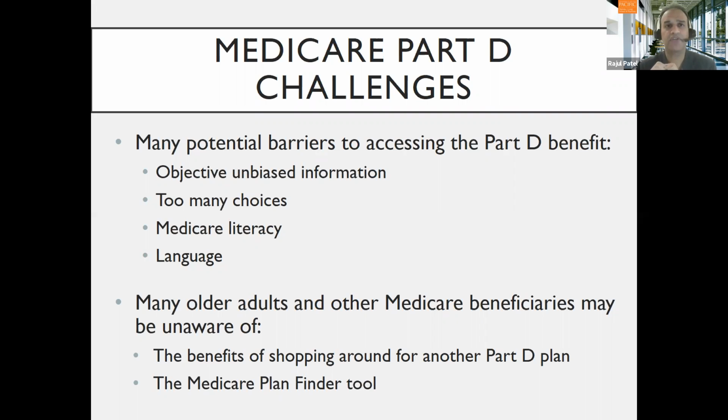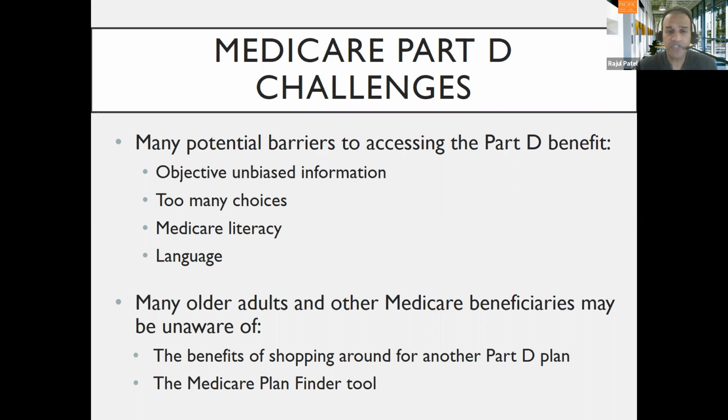Literacy. I'm not saying, are you literate in English, but Medicare has its own language. Terms like creditable coverage and catastrophic coverage and the coverage gap or donut hole. And it's important to understand the terminology, because if you don't, oftentimes you can make a wrong turn, and that's going to oftentimes result in higher than necessary out-of-pocket drug cost.